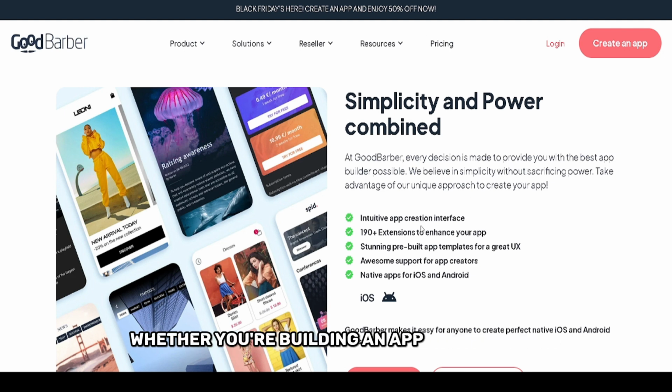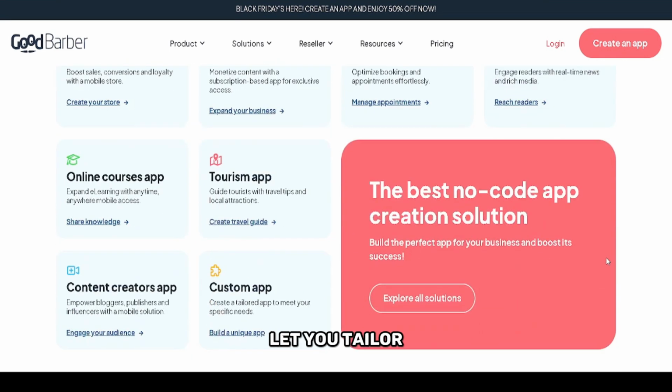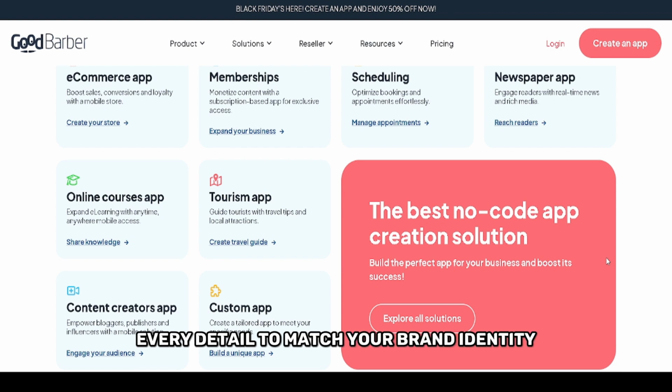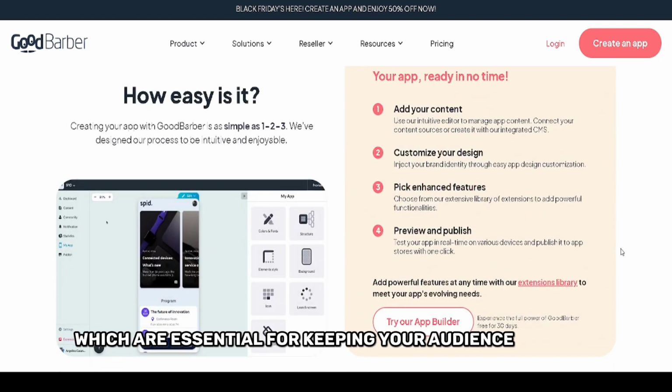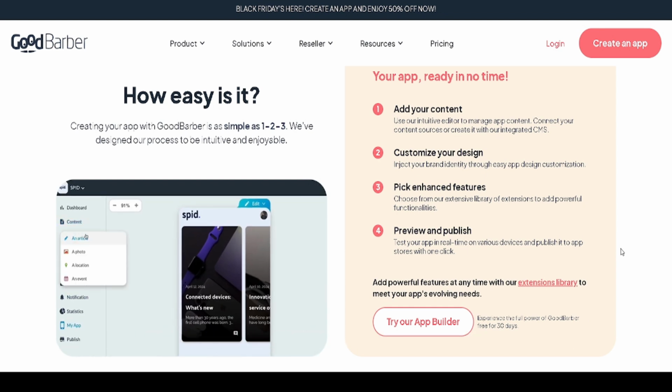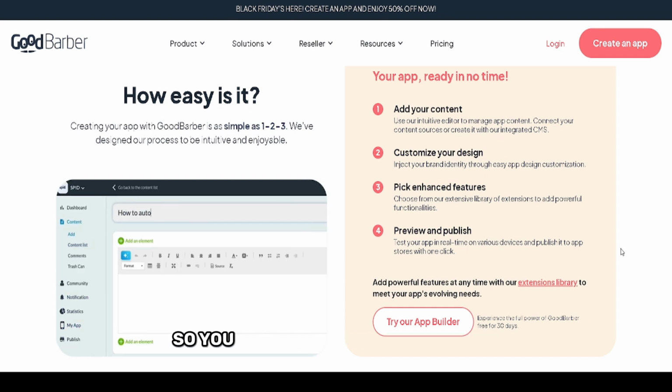Whether you're building an app for content, community, or e-commerce, their design tools let you tailor every detail to match your brand identity. The platform includes features like push notifications, CMS integration, and social media sharing, which are essential for keeping your audience engaged. You also get advanced analytics, so you can track app performance and user behavior right from